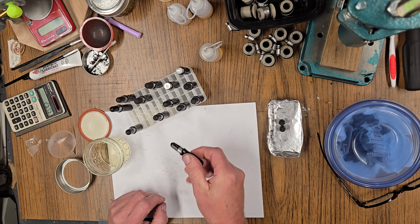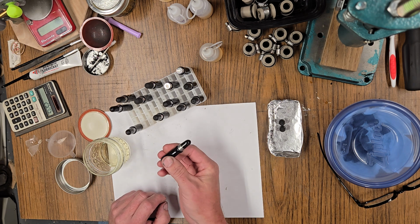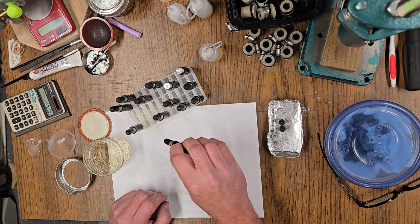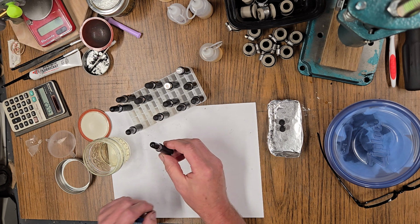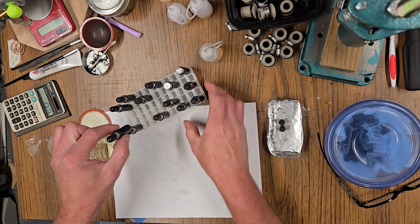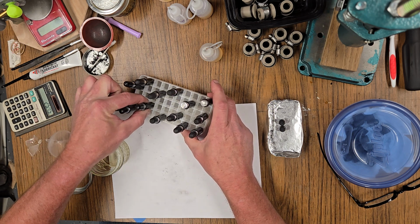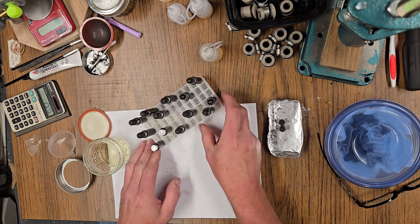And this gives a really nice, if you're really worried about them looking good, this will give you a really nice, smooth, sharp looking cartridge. If you don't care, just slap on the finish with a brush. So that's set up enough that I can just kind of go like that. And so I'm going to do